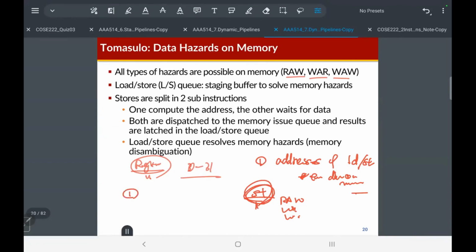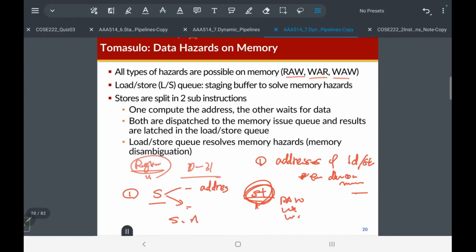First, we need to know the address of the store instruction as quickly as possible. In the Tomasulo algorithm, the store instruction is split into two different instructions. One instruction is for generating the address, and another is for fetching data from the register. So we split the store instruction into store address,